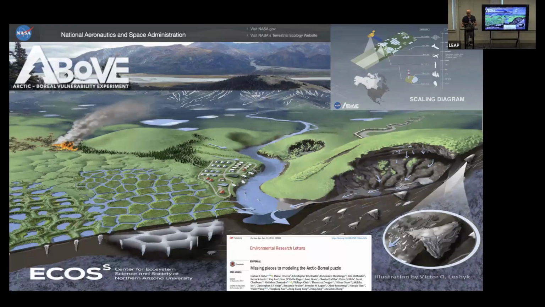So we just came off a 10-year campaign in the Arctic that I was the modeling lead for, called Above. And that was really designed to go out and capture data that was underrepresented in the Arctic. And so we went out there, but still, it was NASA. We could only really operate in the US and in Alaska. Siberia, completely underrepresented. But great job for getting more data. But still, what do we do about this? And the tropics were missed.